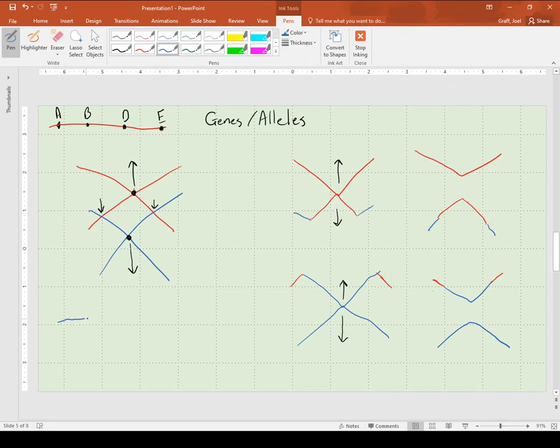Let's draw the blue chromosome initially. It's also going to have an A gene here, a B gene here, a D gene here, and an E gene here. So they have the same